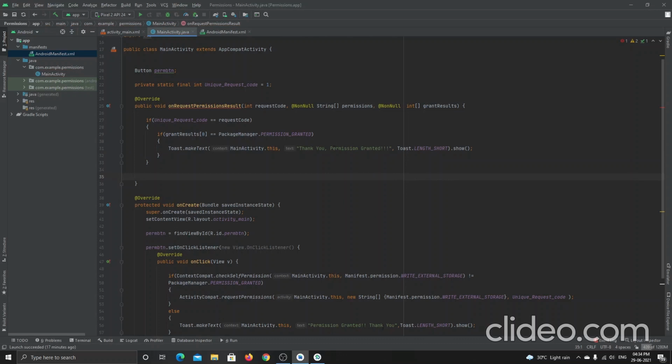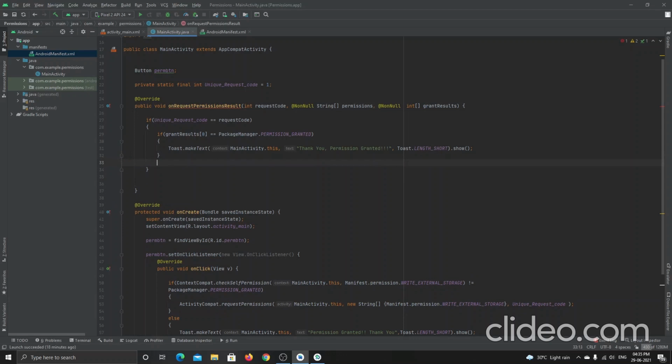Here, permission granted, thank you, when the user clicks that button again. But before that, it goes to this request results, then it checks the condition whether the application has got the access or not. If the application got the access to write the external storage, then it will show this thank you, permission granted message. Then if not, if the user clicks on deny, then I will just use this else condition here.